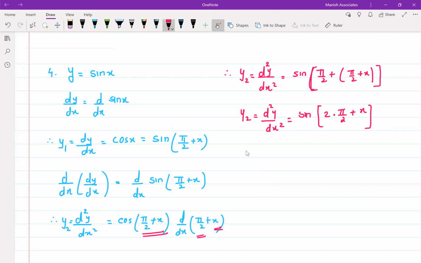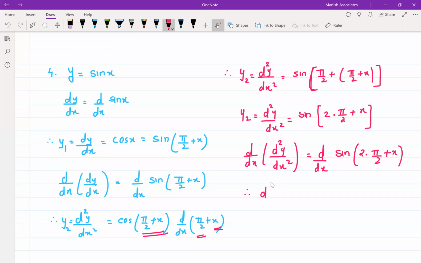Now I'll say, now third order differentiation. So we'll again differentiate d by dx of what? d2y by dx2 will be equal to what? d by dx of what? Sine of 2 times pi by 2 plus x. Now, derivative of second order is third order. Now, derivative of sine of u, we got it, right? It is sine of u again. So what will come? Cos u will come into d by dx of u, which is